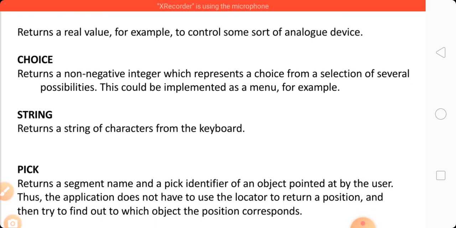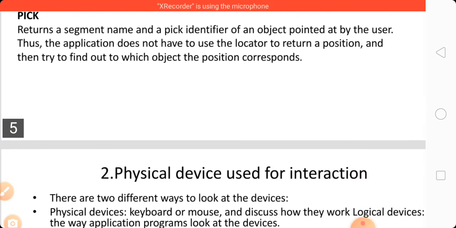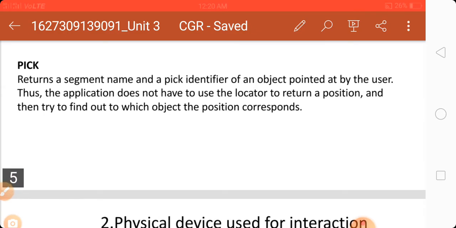Then string returns a string of characters from the keyboard. Pick returns a segment name and pick identifier of an object pointed at by the user.